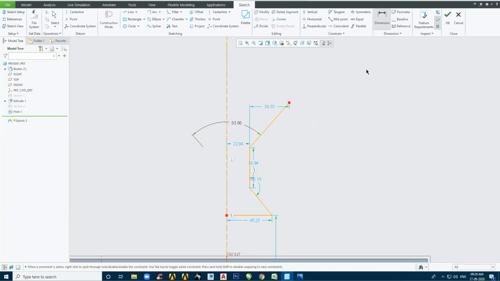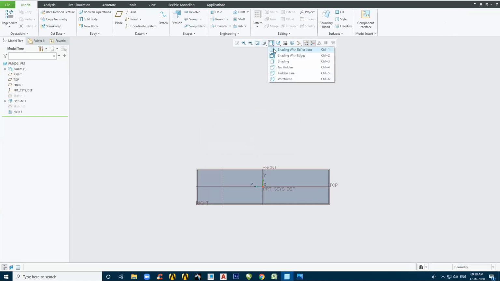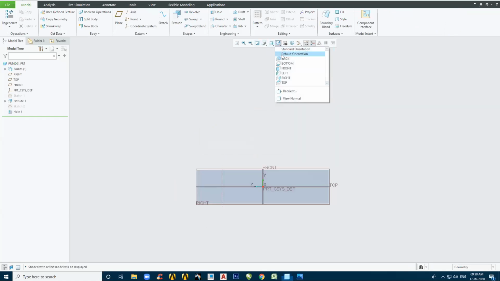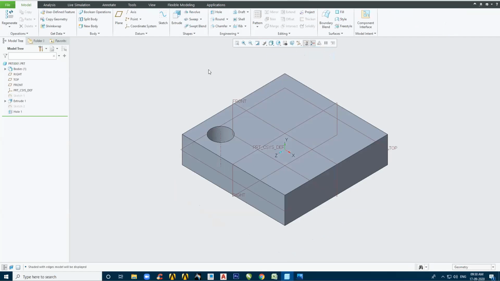Got it, guys? Like we were doing for diameter, like this one and this one, then here, this was for diameter. In the same way, you can do it virtually for angle also. So one virtual object has been made over here. In the same way here, you will notice that a virtual object had been made over there, and it gave me a diametrical dimension. Fine, simple.